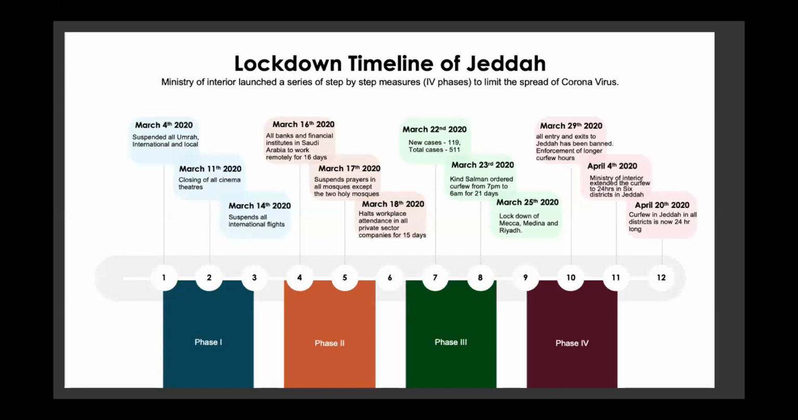From the 4th of March, there was a suspension of Umrah, local and international. Following that week and the next week, the cinemas were closed. The international flights were suspended by the 14th of March. As we divided the lockdown into different phases, we realized how quickly the government reacted to all of that. As the cases kept increasing, they kept imposing more and more lockdowns gradually, until the cases